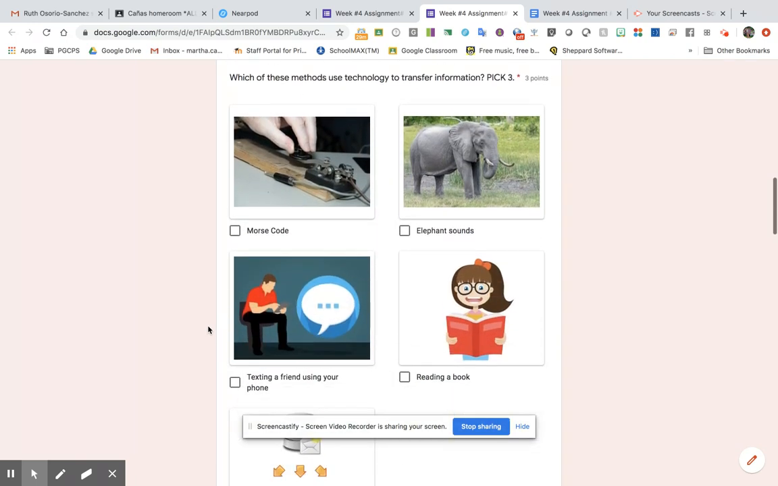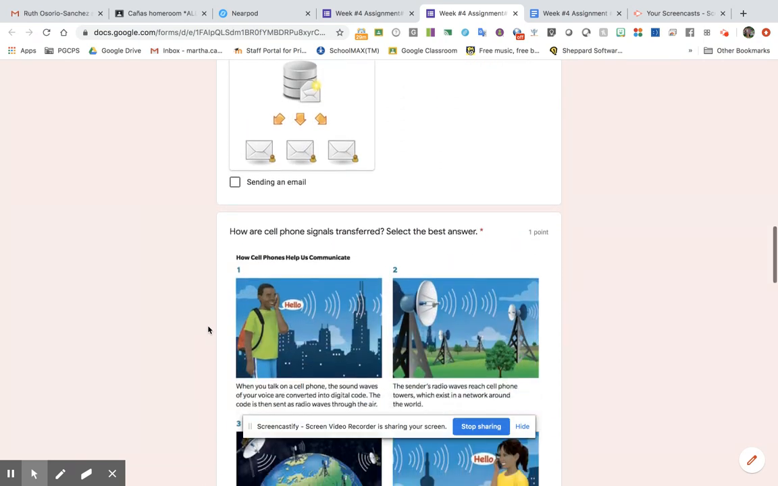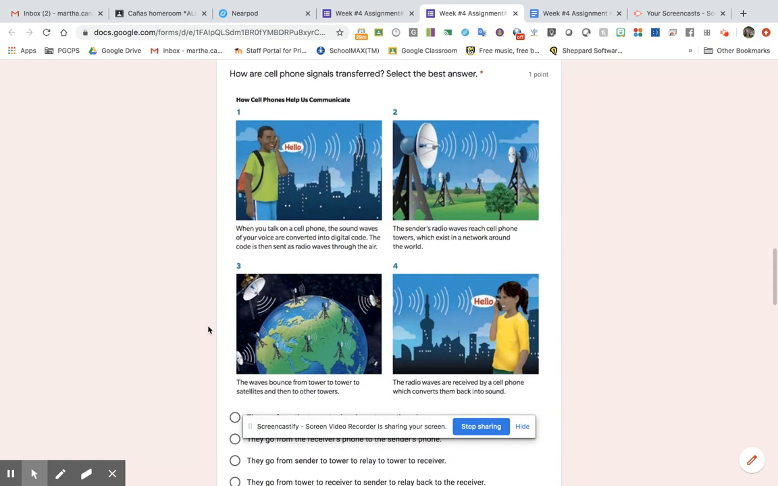Our next question, which of these methods use technology to transfer information? Again, you have to pick 3. Is it Morse code, elephant sounds, texting a friend using your phone, reading a book, or sending an email? How are cell phone signals transferred? Select the best answer. Here I gave you an image where you have a sender, a tower, more towers where